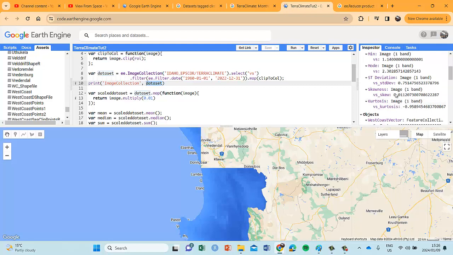And you see there, okay, there we go, positive skewness. So that means there's a lot of values on the lower level of wind speed and fewer to the higher levels of wind speed. So it's more often low wind speed than high speed. Kurtosis is still very flat, and standard deviation is fairly little, so that means there's not a lot of variance